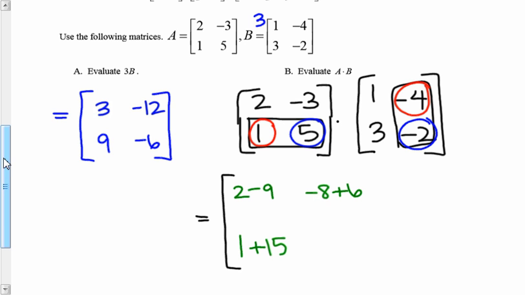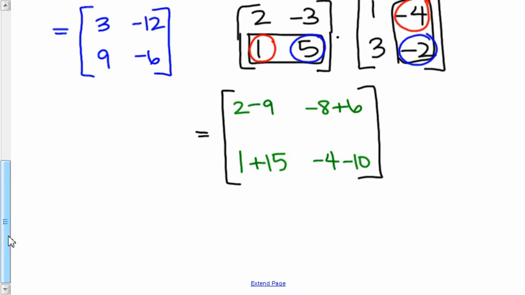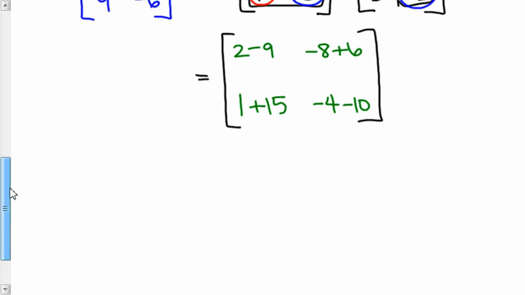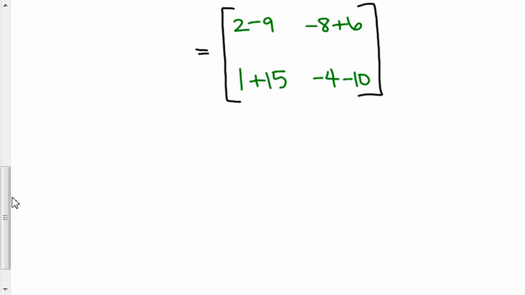So 1 times -4 gives me -4. And then 5 times -2 gives me -10, so I'm essentially subtracting 10 here. And that's my answer. But not exactly. I have to actually do that math in green. So my real answer, my final answer,